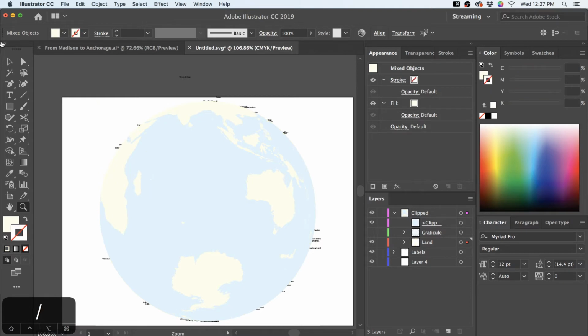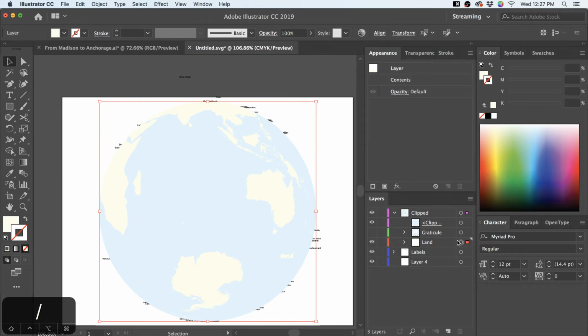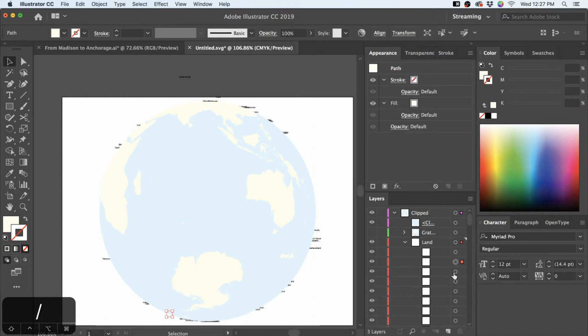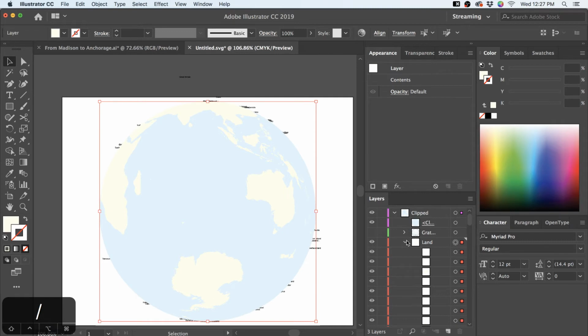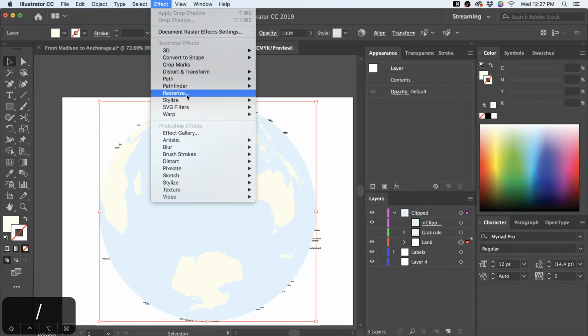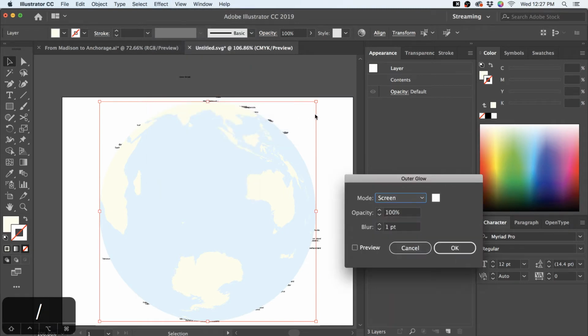And so I want to turn that off for a minute here. I'm just going to cut that out, and so we're going to go with a glow. So I'm going to select the appearance of my land. This little circle here means adjust the appearance of everything inside the layer, rather than adjusting things one at a time for each of my individual objects. So I'm just going to say, let's do a little outer glow.